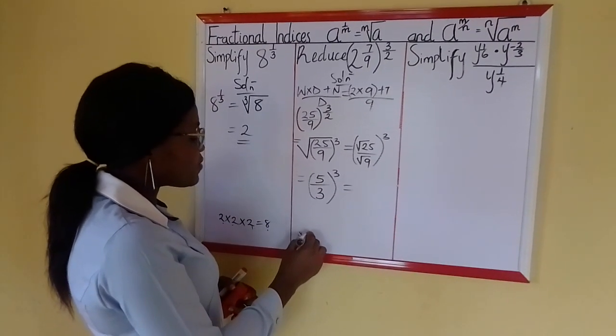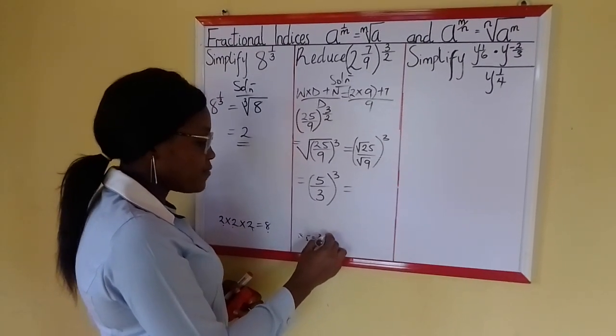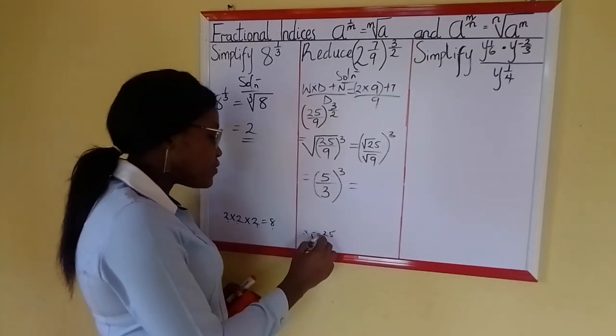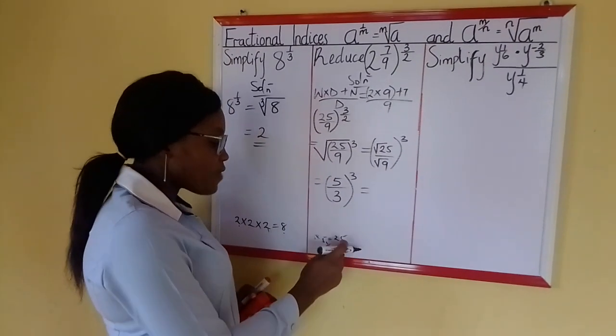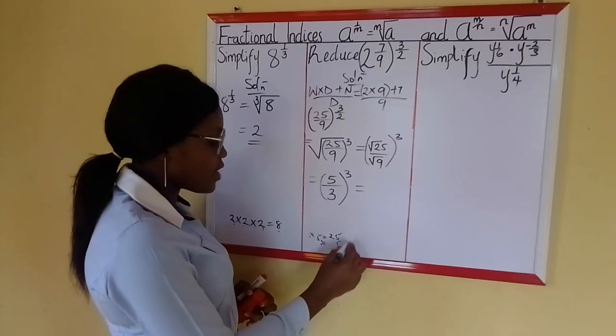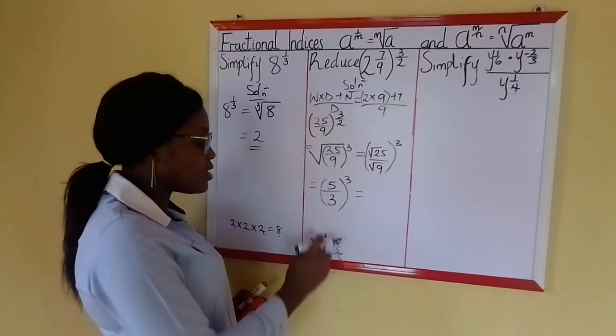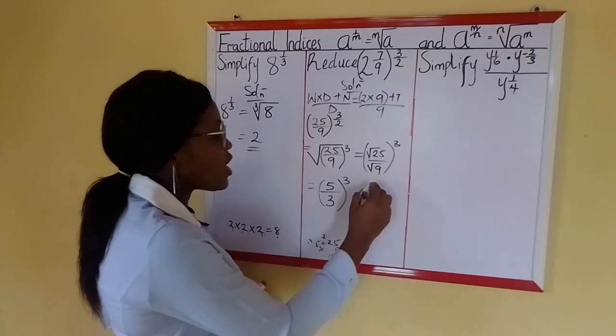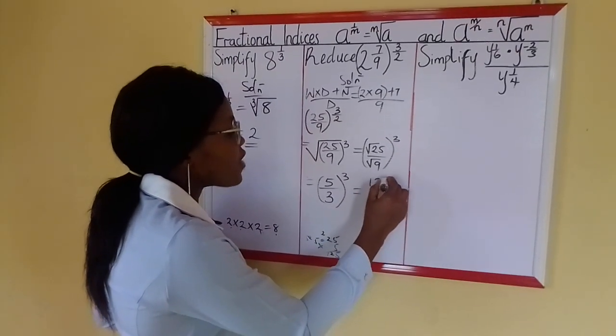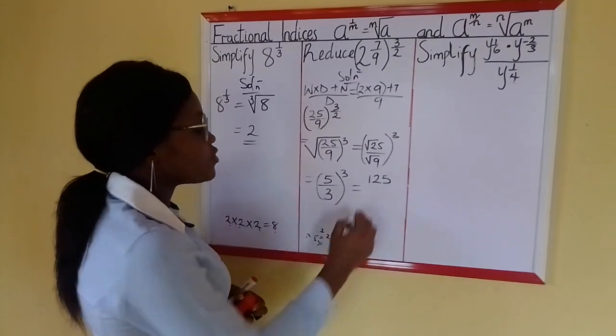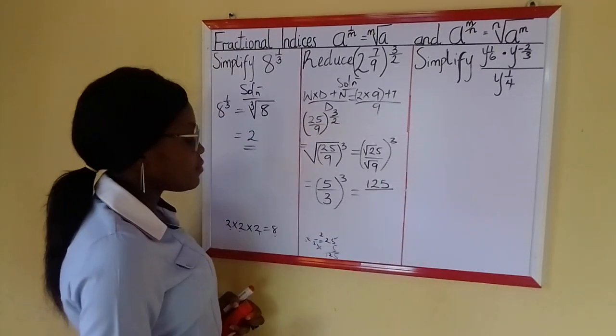It means 5 times 5 times 5, in 3 places. So we have 5 times 5 is equal to 25. Now 25 times 5. 5 times 5 is 25. You have your 5, carry 2. 5 times 2 is 10, plus 2, you have 12. So you have 125 as the numerator, divided by